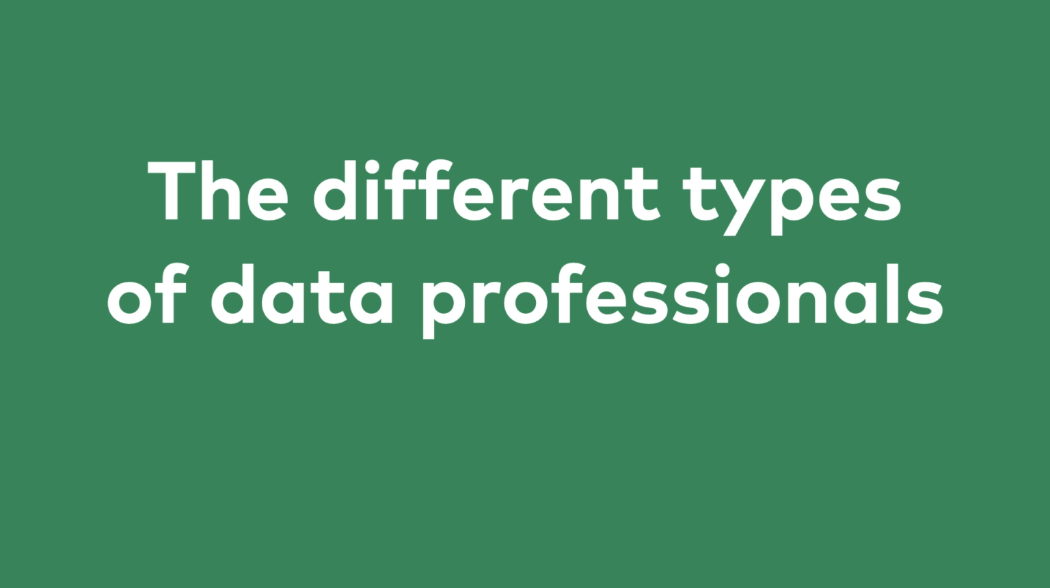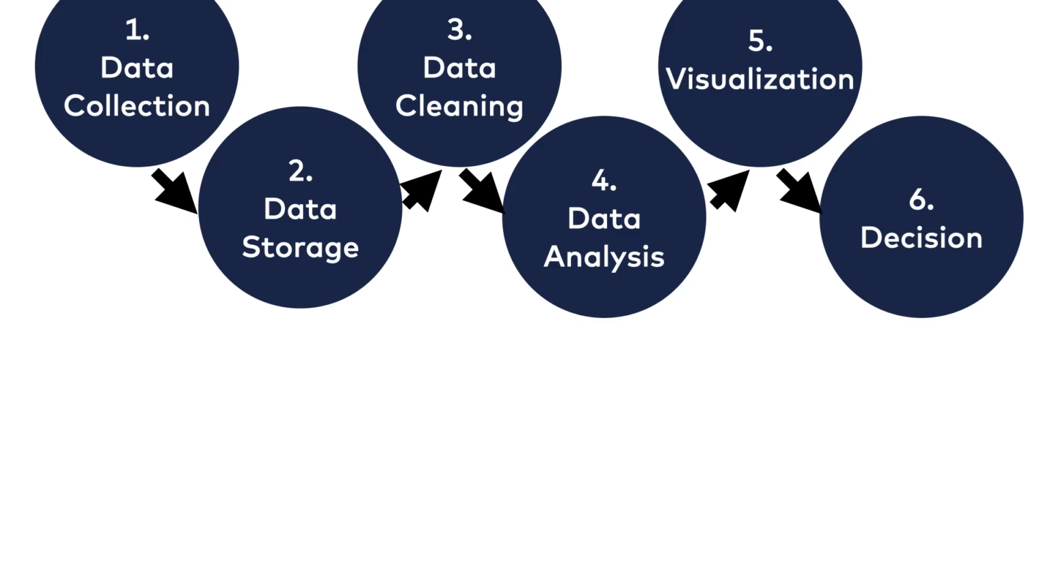I would like to talk very briefly about the different data roles. As I've shown it many times before, a typical data science project consists of 6 steps: data collection, data storage, data cleaning, using the data, visualization, and decision. If we draw a line somewhere around data cleaning, it is clear that on the left side of the line